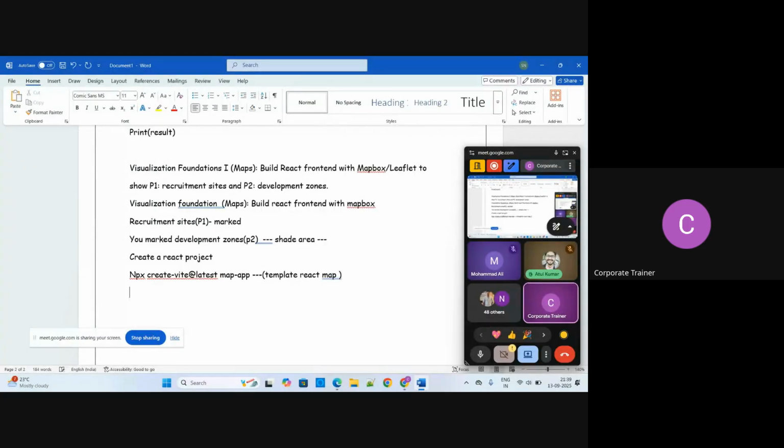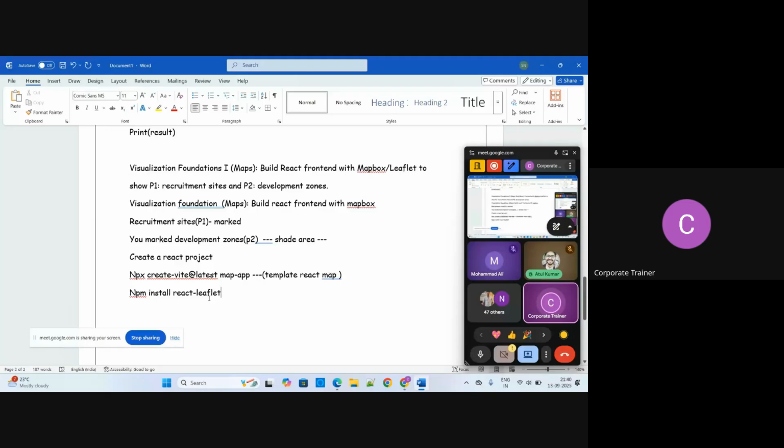Next, you have to use some map library, so you have to install some map libraries. You can write npm install, here we are using node. Install react, and here I'm talking about the map plotting blocks. Here I am using leaflet. So what we can do: npm install react-leaflet.